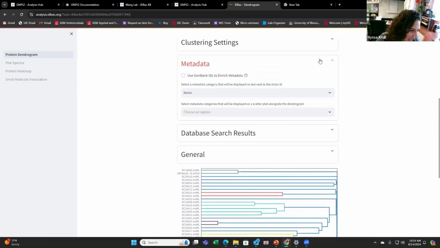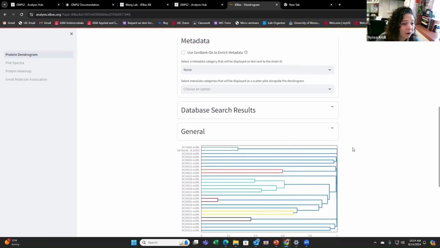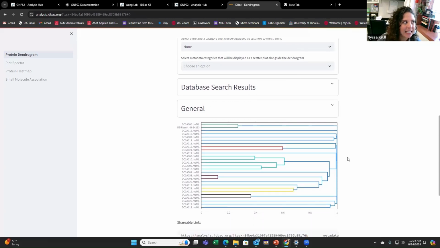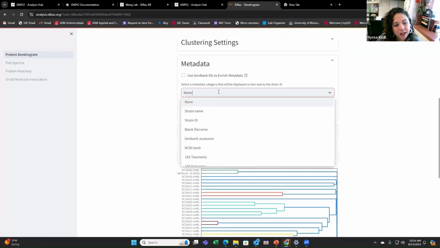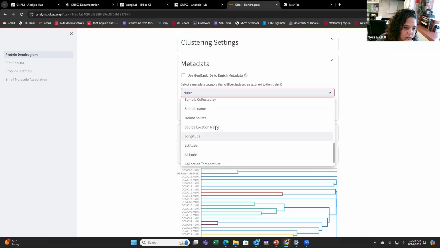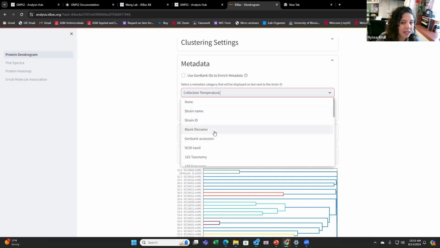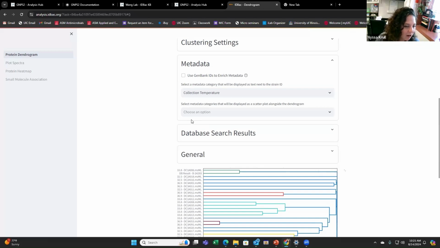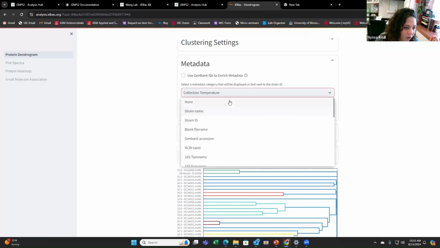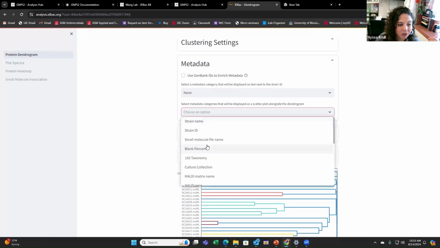And maybe, again, I have these environmental isolates. Maybe I'm a microbial ecologist, and I am interested in metadata associated with my strains. Now you can see here I have my strain ID, and if I would like to, I can add some metadata feature next to it. Let's say temperature. If I click temperature, I'm going to see the temperature populate next to my strain ID. And again, or maybe I had submitted 16S taxonomy onto my analysis metadata sheet, and I can check taxonomy for all of these strains. But another way that we can visualize metadata that I tend to prefer is through a